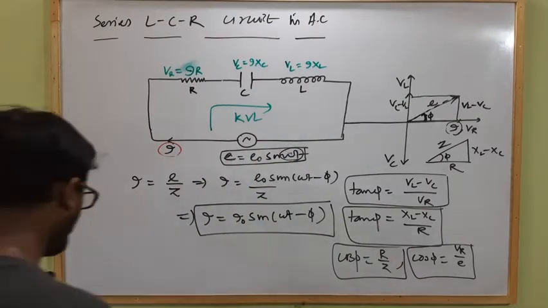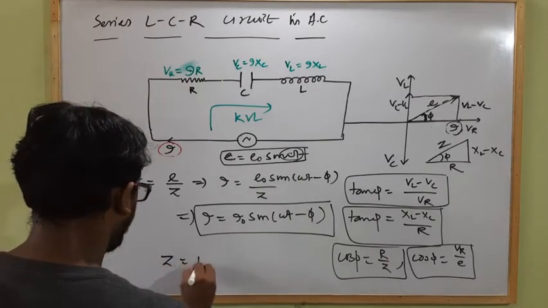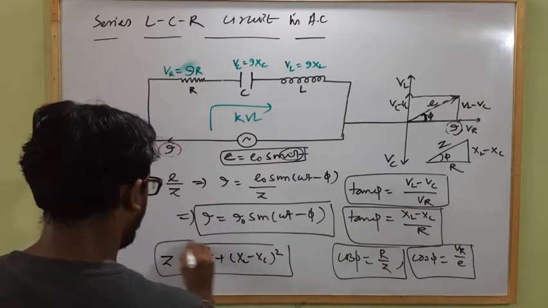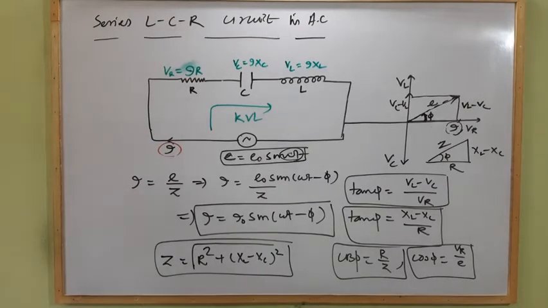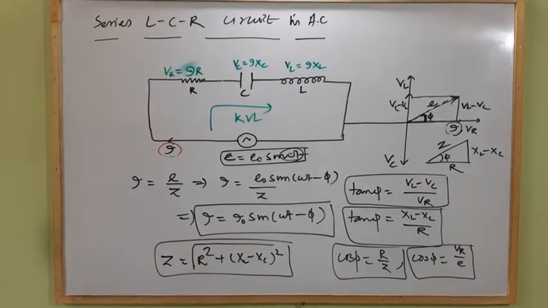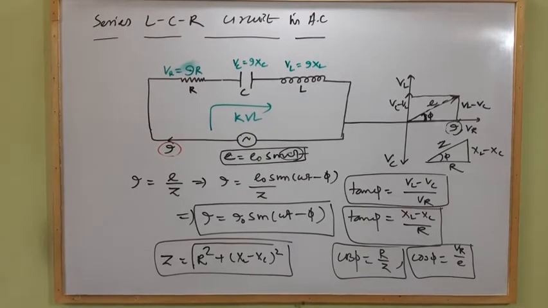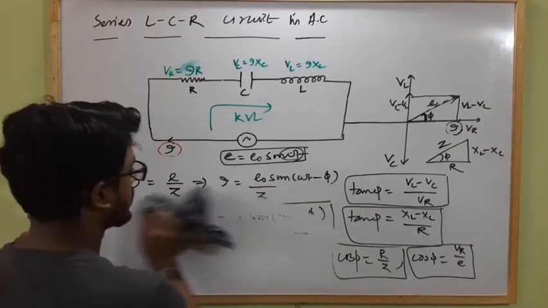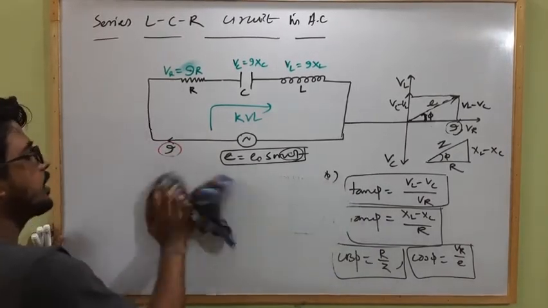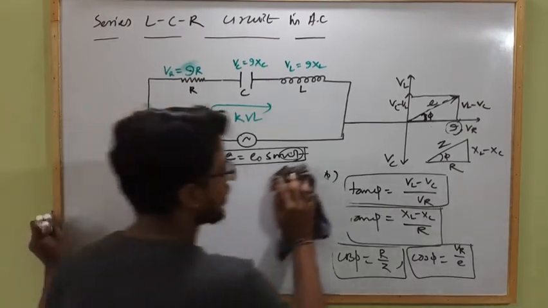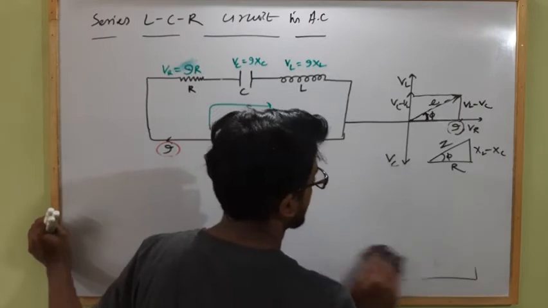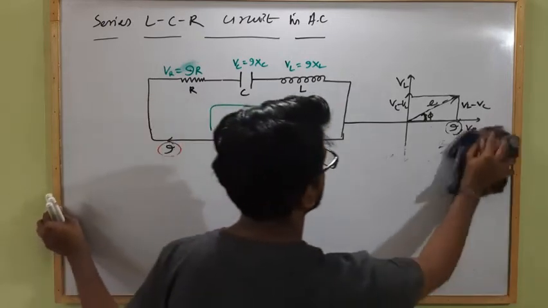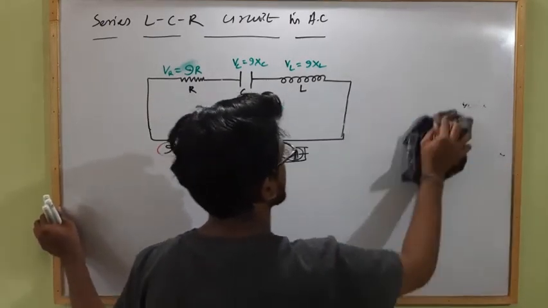And Z, we already know, the impedance of the LCR circuit, Z equals the root of R square plus XL minus XC whole square. And Z will be minimum when XL equals XC. So in a series LCR circuit we already studied that the total resistance is known as the impedance, which is equal to the root of R square plus XL minus XC whole square, and the total EMF given by the circuit will be the sum of the potential differences across the capacitor, resistor and inductor, which can be obtained by using the phasor diagram.